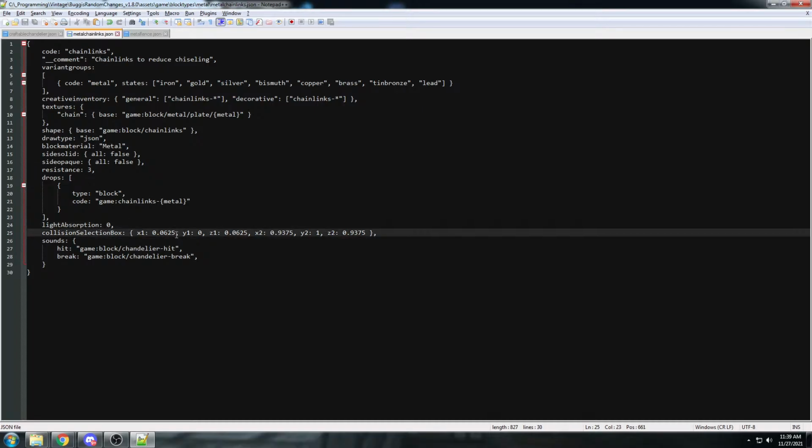Collision selection box. This is that bounding box. When you look at a block, this is that little subtle black box that you see when you mouse over something, when you look at something. So this is one corner and this is the other corner. So you can specify very tiny increments in here. I think it's point. Ooh, it's small. Let's see. 0.625